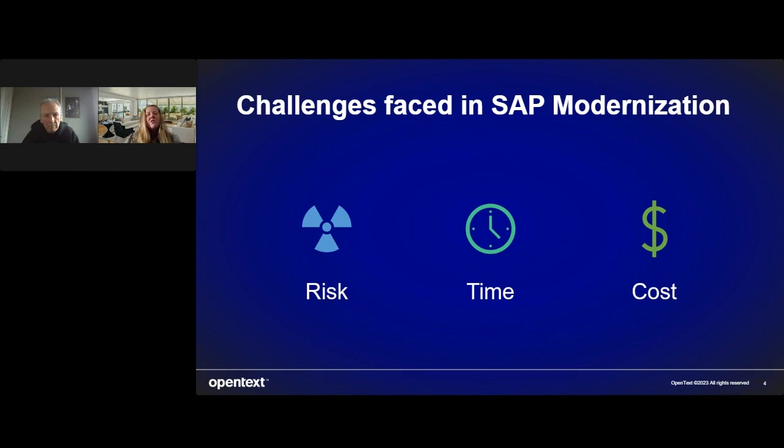This is a challenge that has existed for 20 plus years, and we talk about it from the concept of SAP modernization, but this really does affect how we deal with software delivery. It's about understanding the risk that you bring into your organization. How much testing are you doing, and does it mitigate the risk? All of this then comes down to how much time you're putting into it, and ultimately the cost. So it's that typical triangle of risk, time and cost,